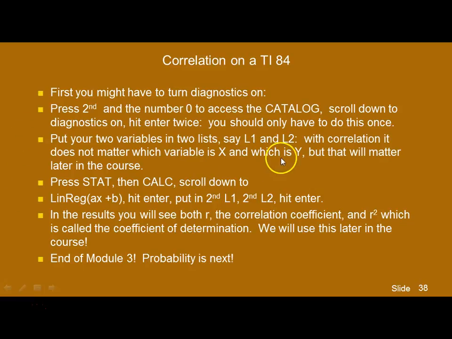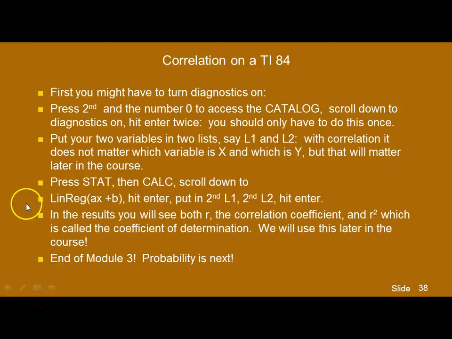Put the two variables in lists, as we've talked about in earlier modules. Let's say L1 and L2. Again, as I've said before, it doesn't matter here which variable is your x variable and which one is your y variable. Press the Stat button, scroll over to Calc, and scroll down till you find what's called linear regression. That's an abbreviation for linear regression AX plus B. Hit your Enter key,